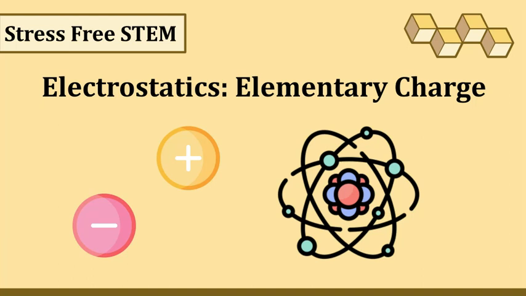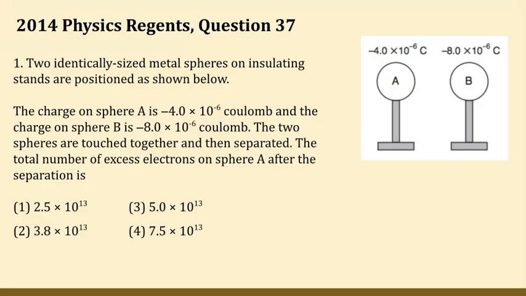Hi everyone. In this video we're going to talk about electrostatics, and we're going to look at what an elementary charge is and then do a Regents problem about elementary charges. So the Regents question we're looking at is question 37 from 2014, and it says two identically sized metal spheres